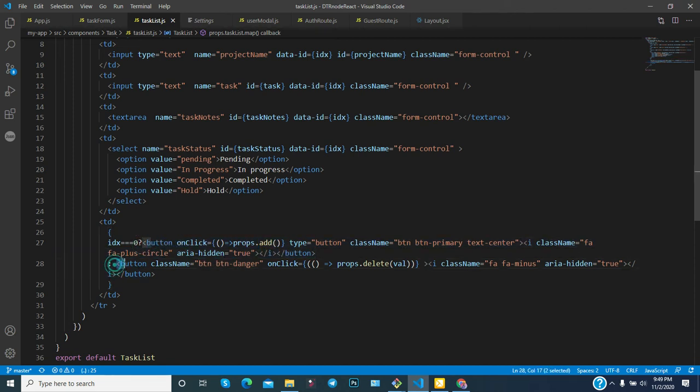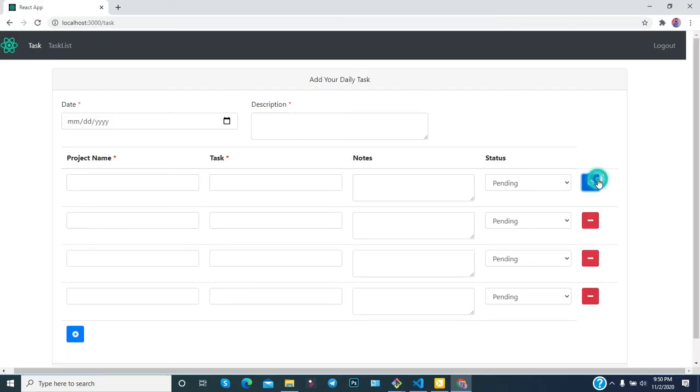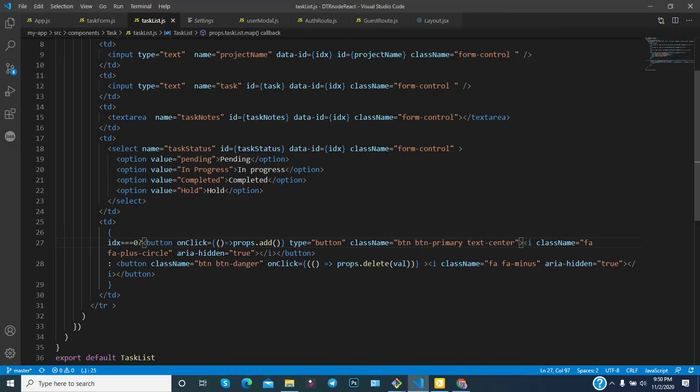This is a ternary operator, and basically you write it in this way: if it is true, then this one; if it is false, then what comes after the colon. So the first time it will always be true, so this one will execute, and the plus button appears here, and the plus button is always available. The other is the minus button. Because of this, the condition will not be satisfied, and it will go to the else condition, and here you can notice the delete icon we have provided.